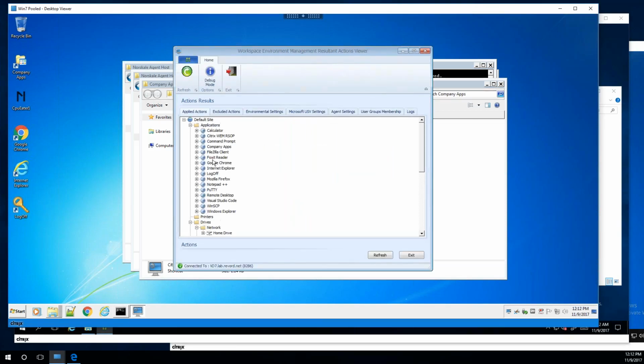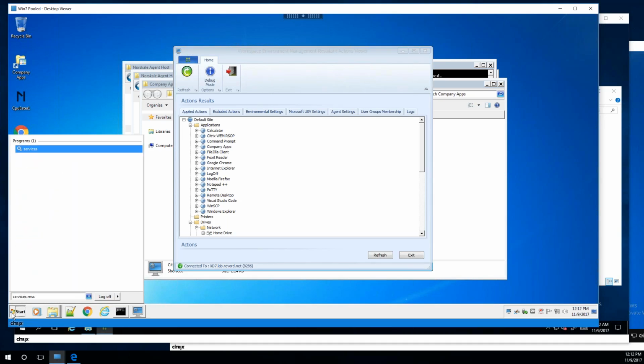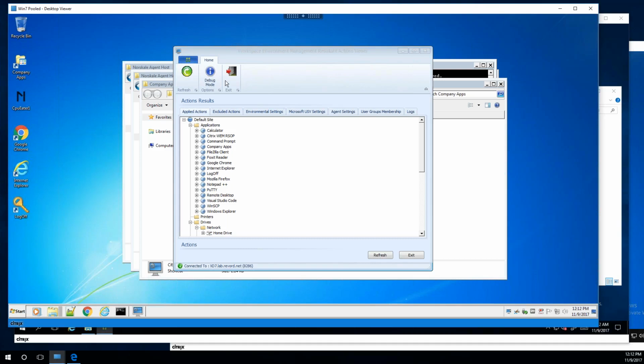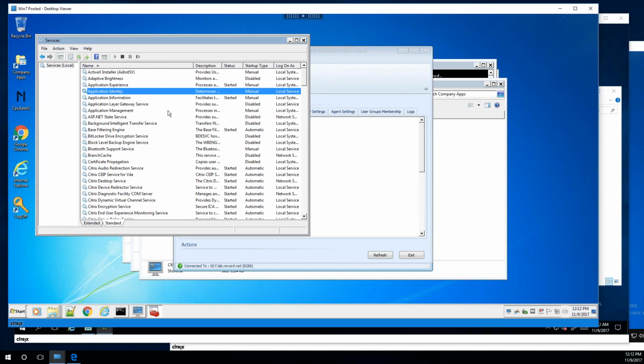So Hal, since you're sharing, if you can just bring up the services list real quick. For those not aware, the Application Identity service by default is set to manual. Now, if you've set it with group policy to disable, I haven't tested what WEM does to it, but it should, because I've seen it push the right registry keys and everything, put it back to manual and start it during the user login process once it's already brought down some rules. The reason it does this is that once it pulls the rules down, it starts the service so the service can see the rules right from the get-go. Does that make sense? Yep.